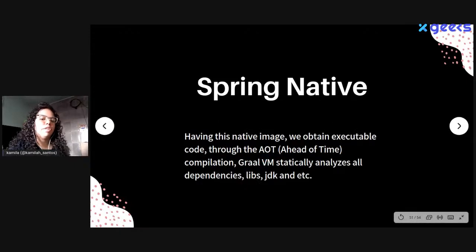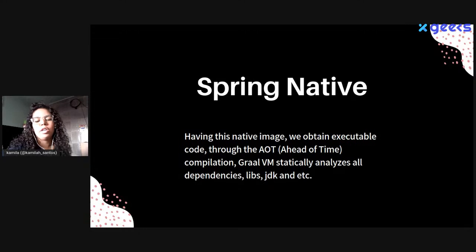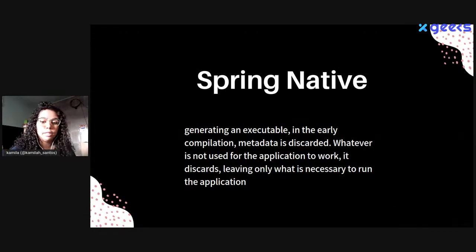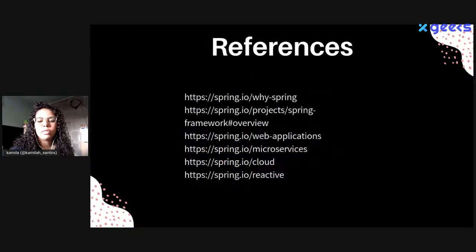With this native image, we obtain executable code through AOT, ahead-of-time compilation. GraalVM statically analyzes all dependencies, libraries, the JDK, and others, generating an executable. In ahead-of-time compilation, metadata is discarded. Whatever is not used for the application to work is discarded, leaving only what is necessary to run the application.